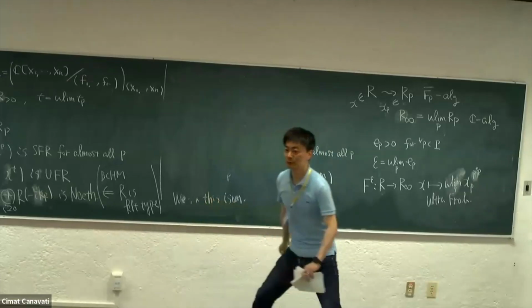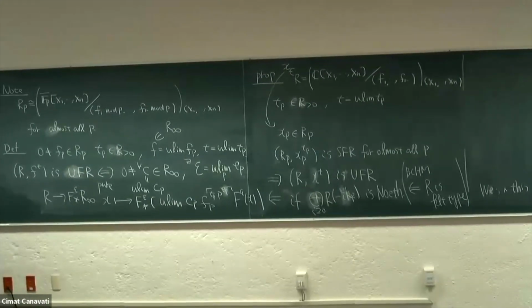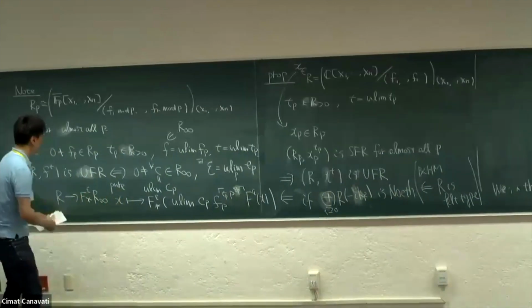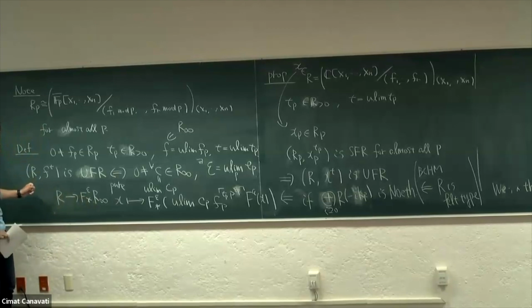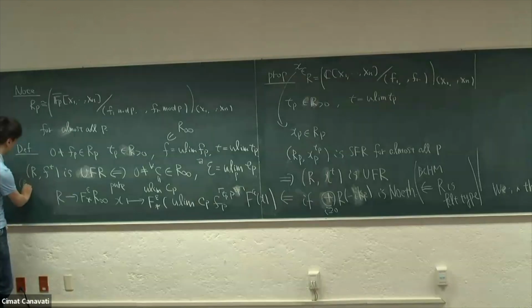I have a question about the definition. Should that R be R infinity? Are you defining a pair where R should be R infinity? Is this a condition on R or a condition on R infinity? But R infinity is defined by R, so this element is not in R. That's what I'm confused about. Maybe it's a problem of notation, but if you want to, you can say something like this.